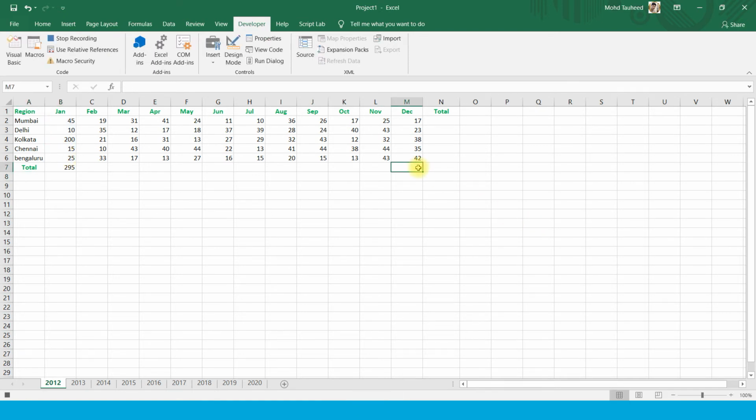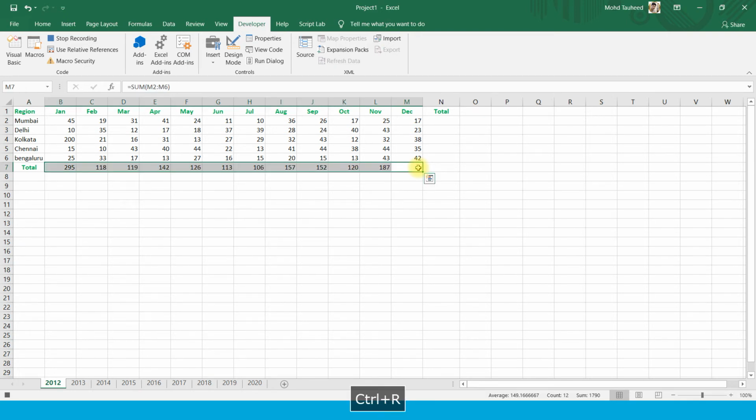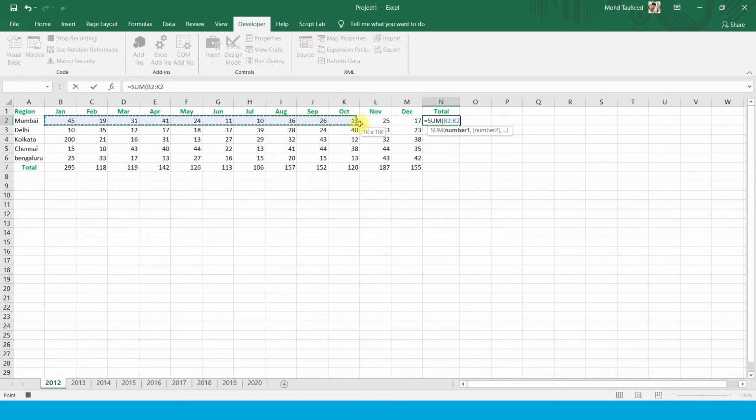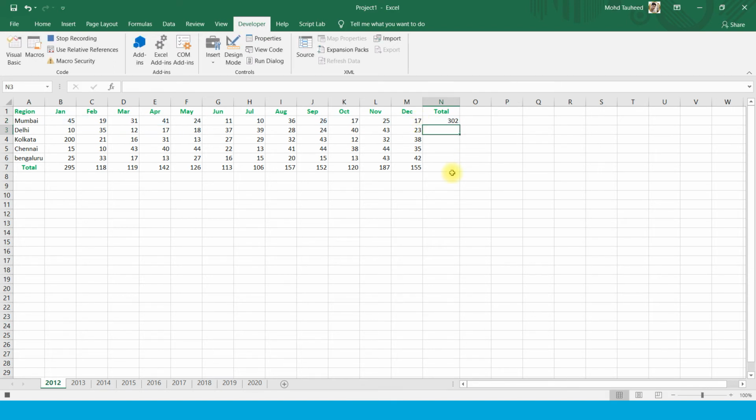Okay, Control R. Here we can calculate region wise lead counts by using sumproduct. Control plus D. Okay.